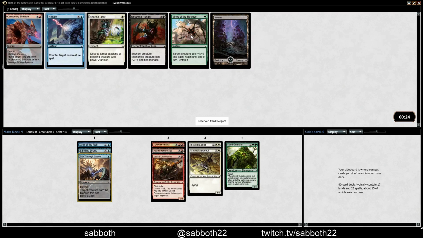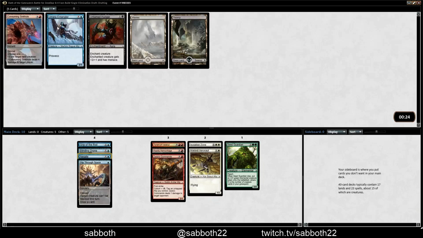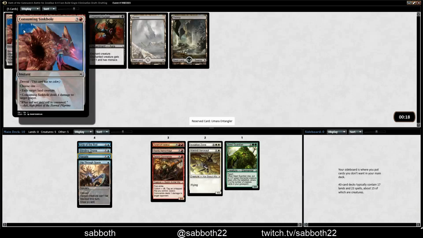Vines is worth a thought, but I like Negate. I'm a control mage here. Mara Entangler could be nice. I don't mind picking up Consuming Sinkhole for the sideboard. It has some utility, but